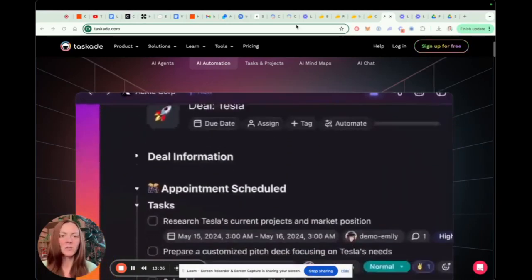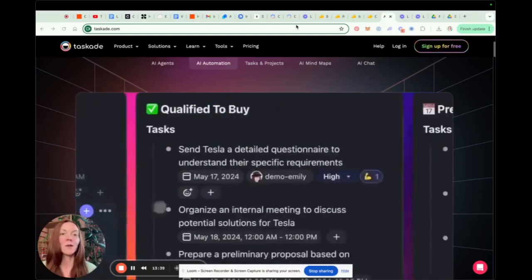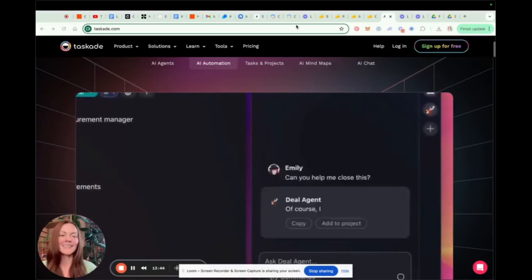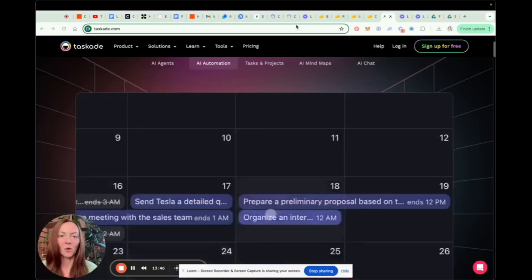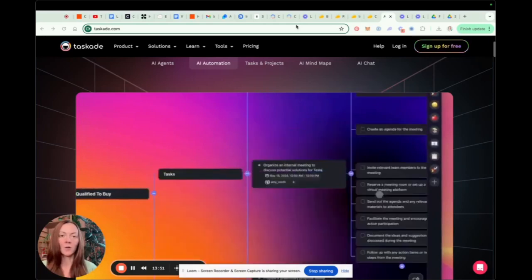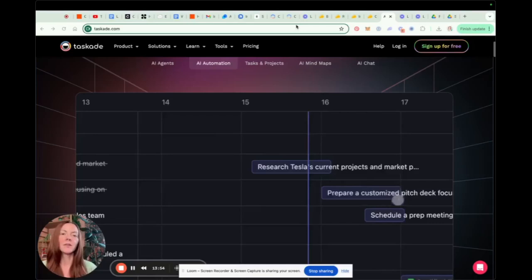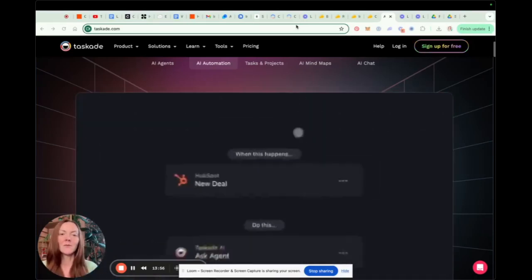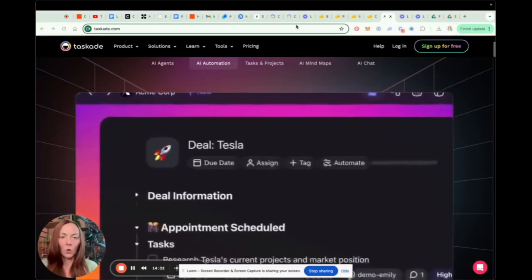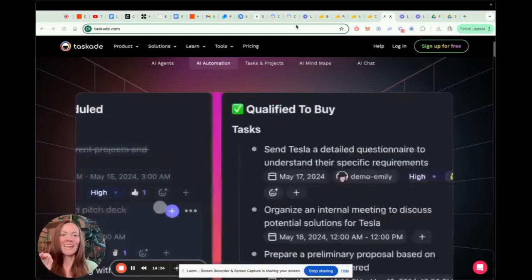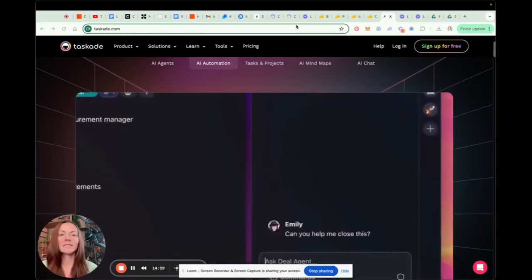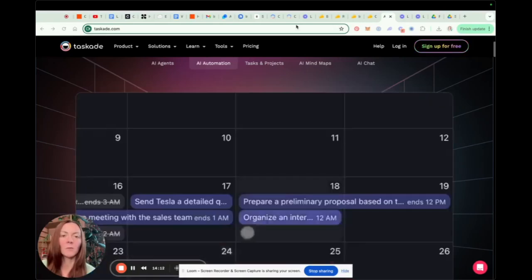And by the way, just because something is a fancier tool and has so many capabilities doesn't mean that it's the right tool for you. I think this is for more complex projects that you would be working on, especially over the long term. So if you're getting ready for a big launch and you need to really break down a launch strategy in a goal-oriented way with milestones and tasks, and you're going to be working on those over a long period of time, it makes sense to use something that's more complex like this.